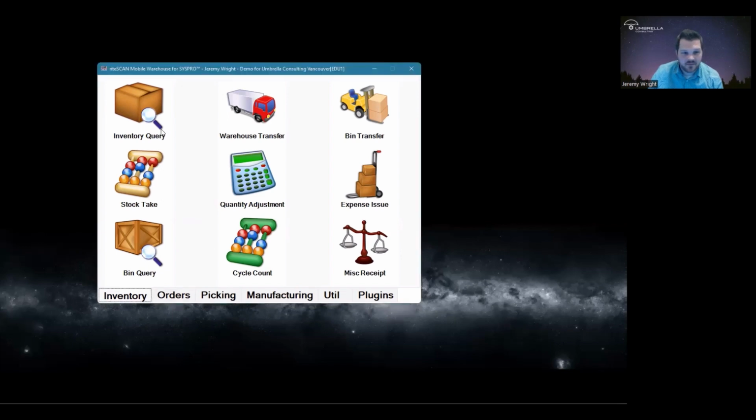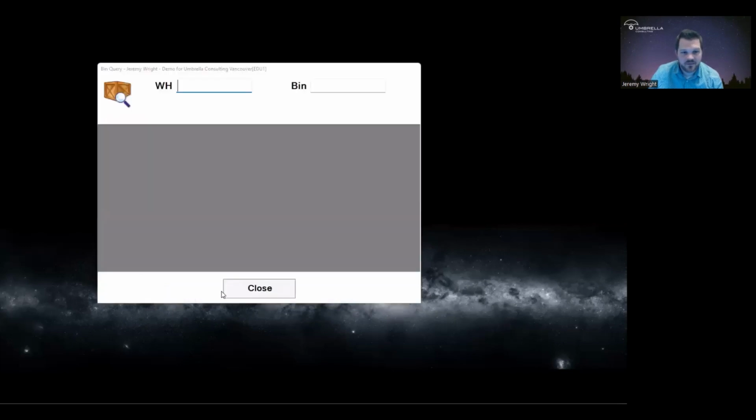So here I am on the inventory tab of riteSCAN. I'm going to click bin query, and I'm going to query bin E, and we're going to see what's in this bin. This is a big bin, so it has lots of stuff in it, and give it a second to load